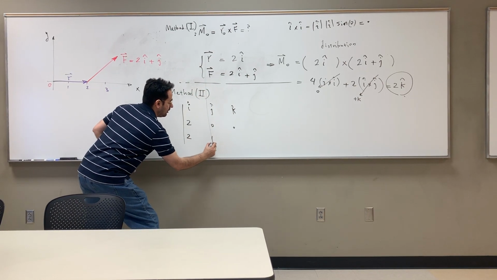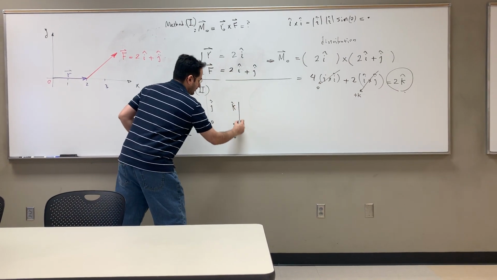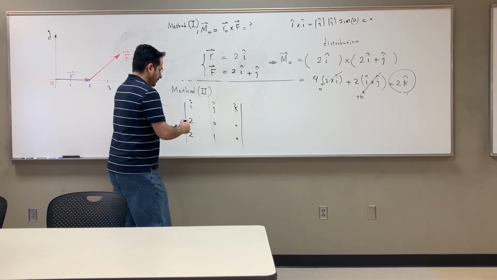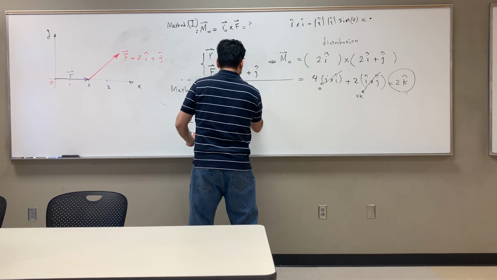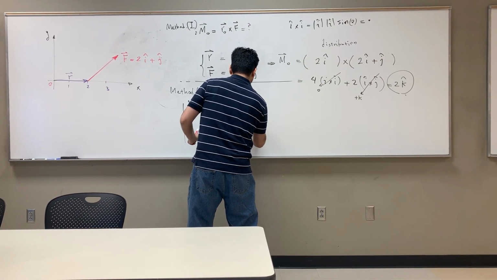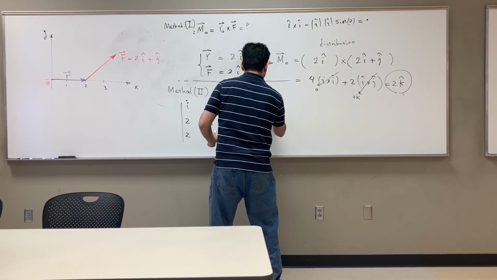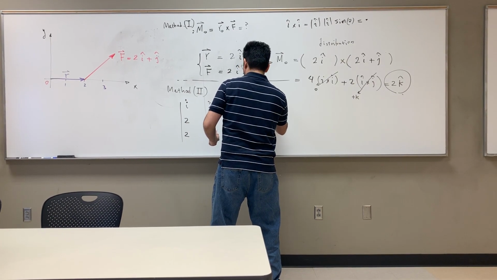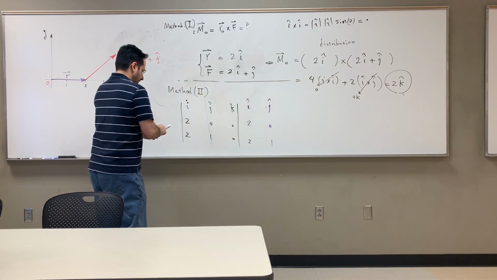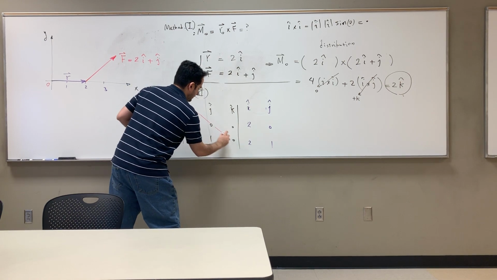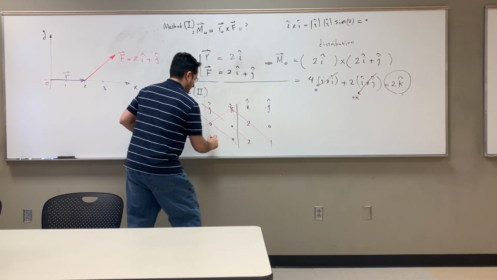2, 1, 0. You see that? So just compute this determinant. All you need to do is to grab these two columns. So you put I here, 2, 2, and copy paste it here, J, 0, 1. And then make this little diagonal here, here, here, and then